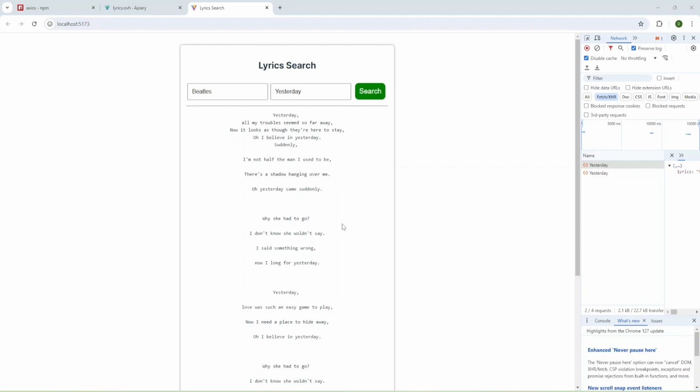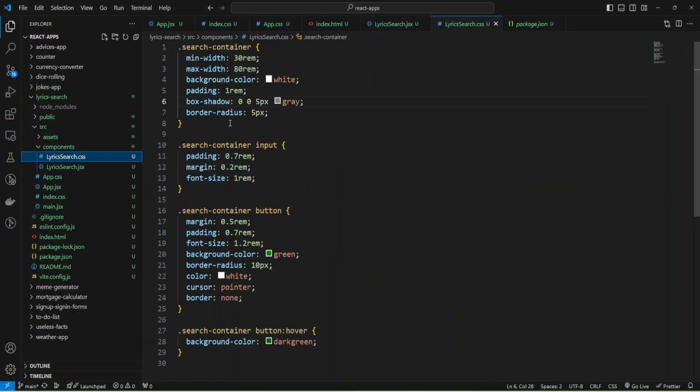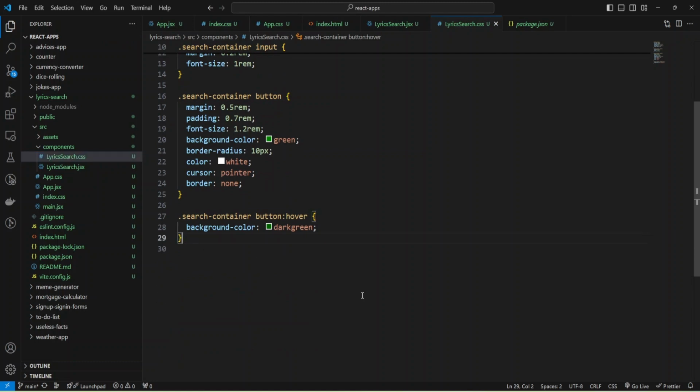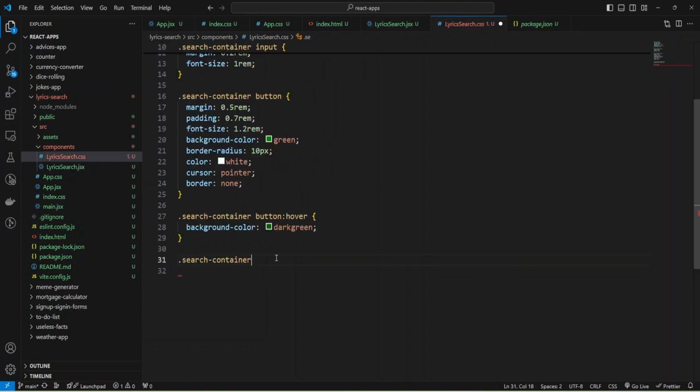We can change the styles to increase the font a bit. I'm going to open my CSS file and provide some styles for my tag and make the font size like 1 rem.